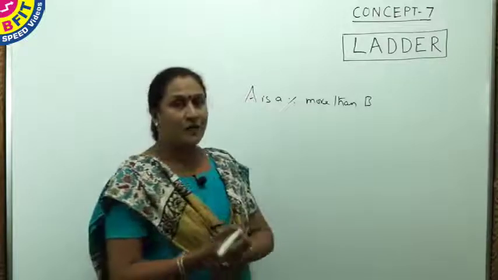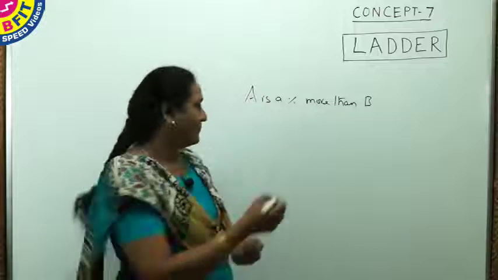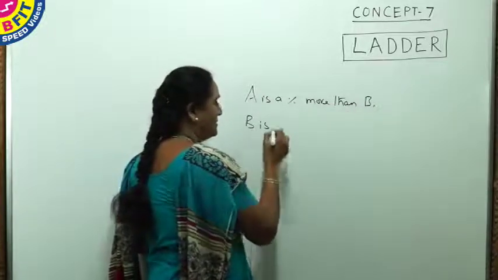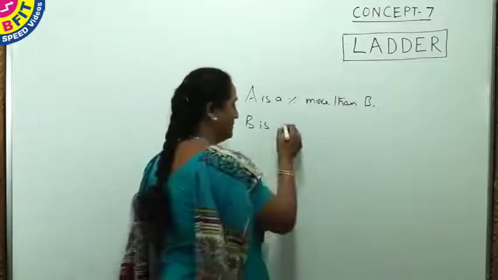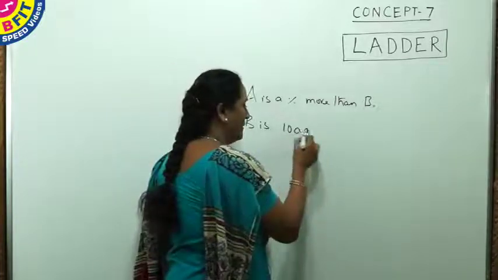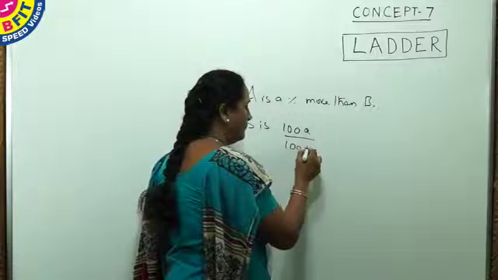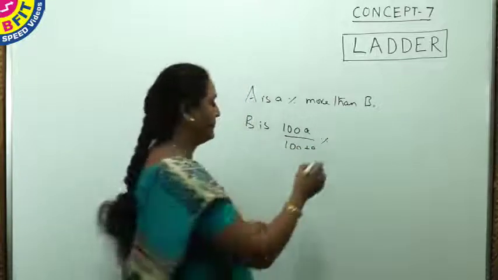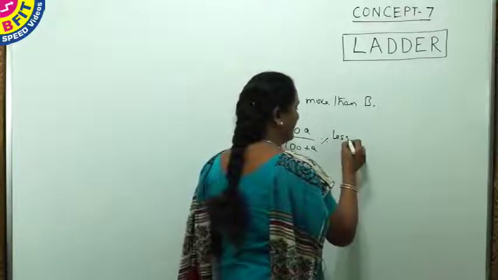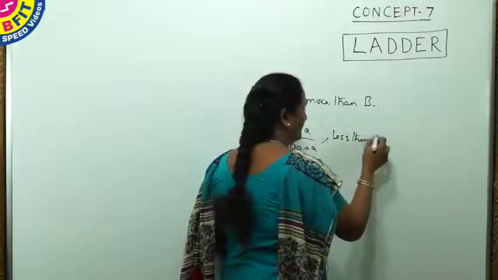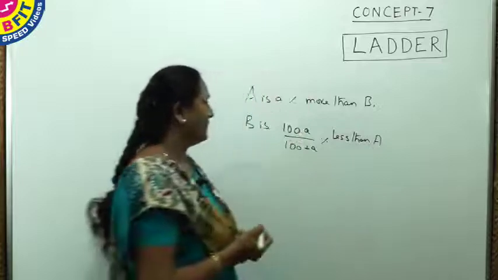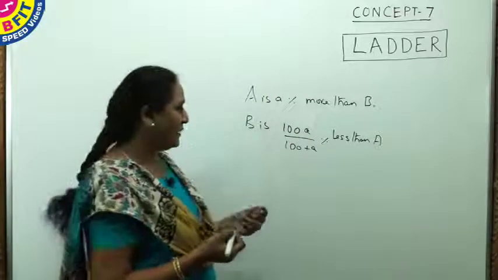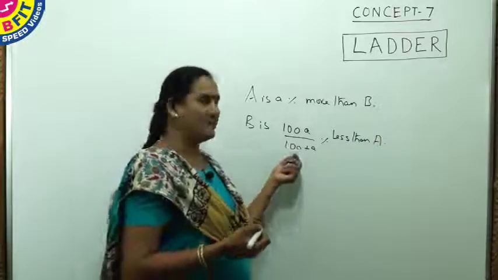So it is not A% less than A. It will be 100A by 100 plus A% less than A. So it is given that A is A% more than B, and B will be 100A by 100 plus A%